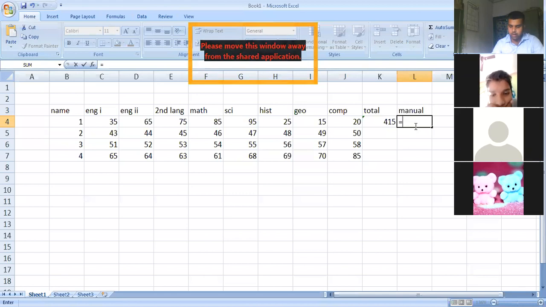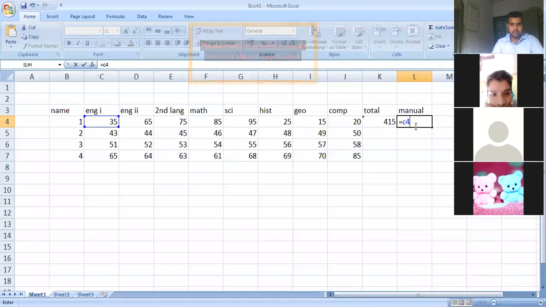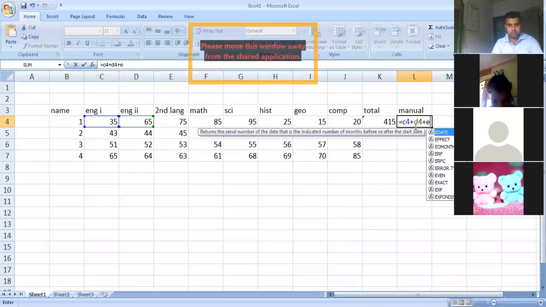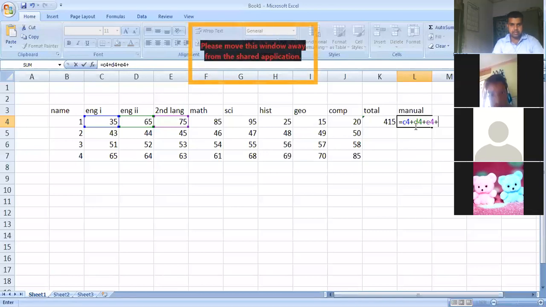35 comes under what? C4. So we will write C4. Okay, see, C4 is selected, plus D4 is the next cell address. D4, 65, is selected. Then we will press E4. 75 is selected. Then F4. Okay, 85 is selected.